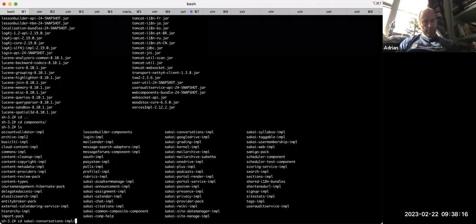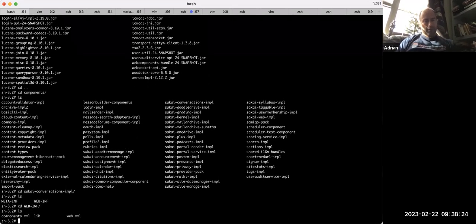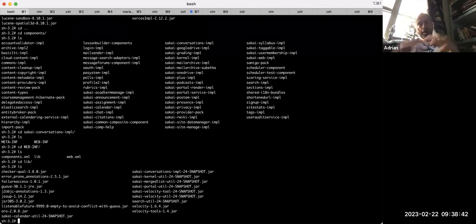If I look in the Conversations Impl, you'll see something that looks very web-appy. You've got WEB-INF, you've got lib. These are the things that I put in my POM file, the dependencies. They all get bundled together by Maven, put in a WAR file, and then the WAR file gets deployed to components in Tomcat. When you deploy something to components, you have to restart Tomcat,